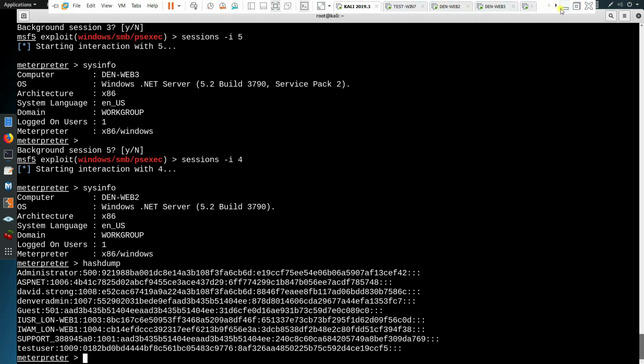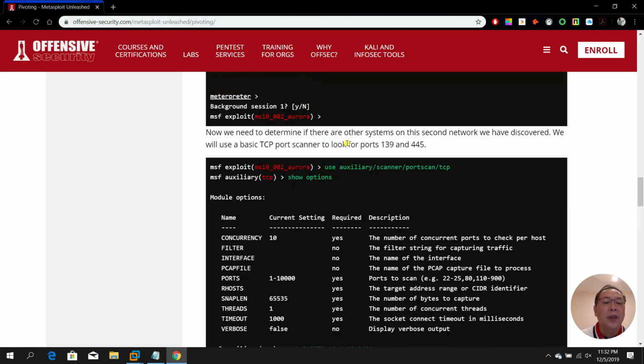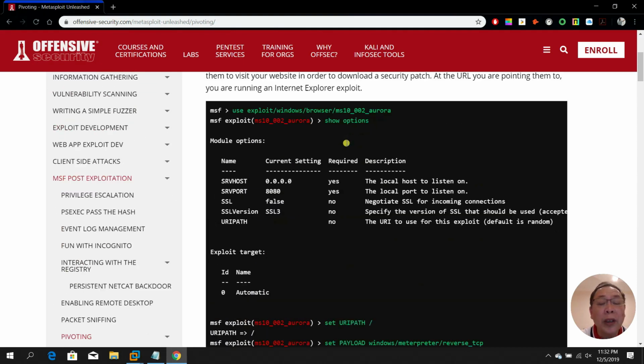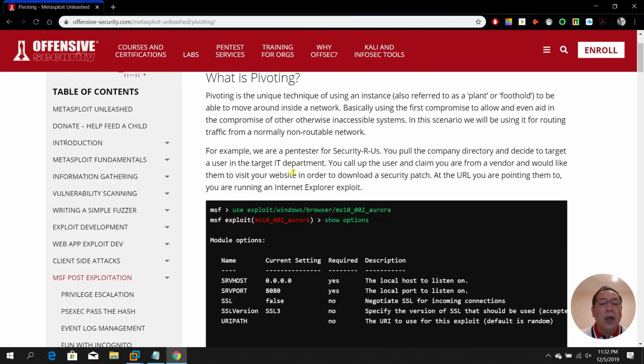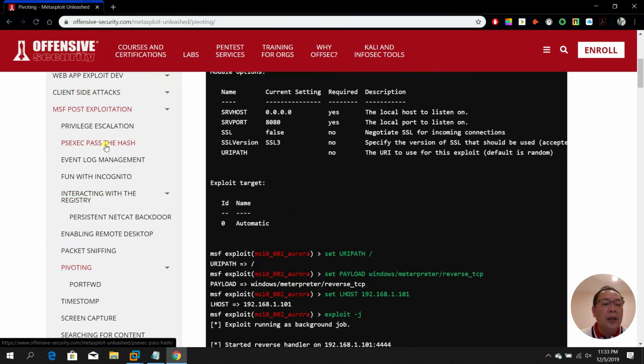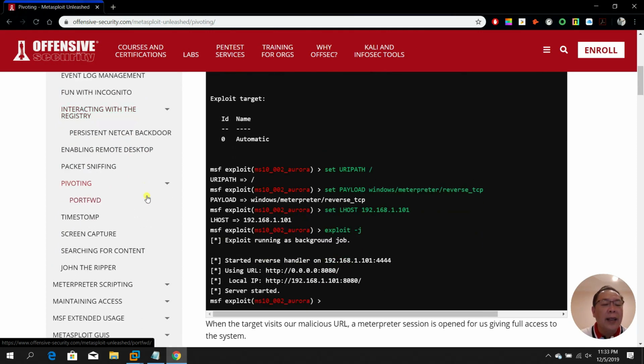You can also always refer to Metasploit Unleashed, that talks about pivoting, privilege escalation, and then also psexec, pass the hash, yeah, and